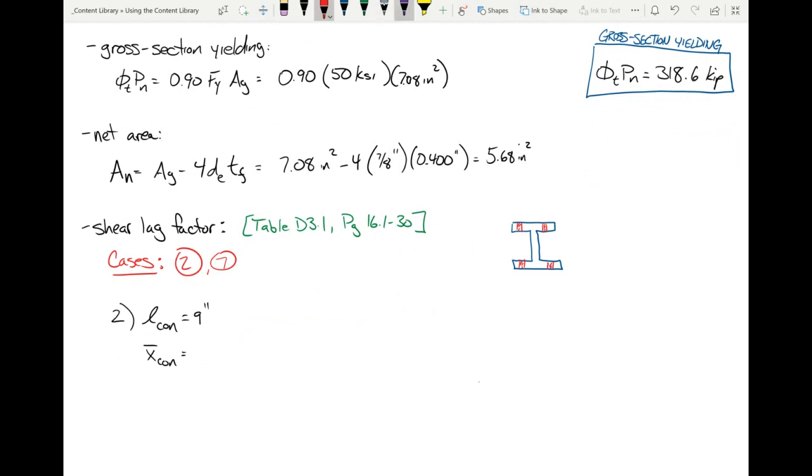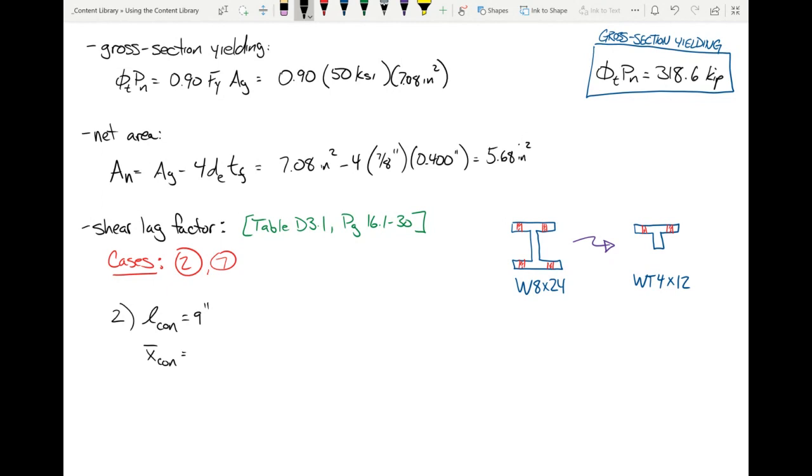What we do is we convert that into an equivalent WT. Okay. We convert that into an equivalent WT. So if we have a W8 by 24, an equivalent WT would be one that is half as deep and half as heavy. Okay. So the X bar, what we do is we look up the associated property